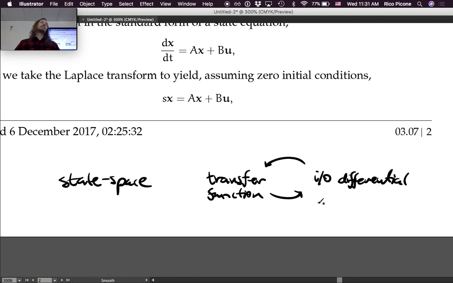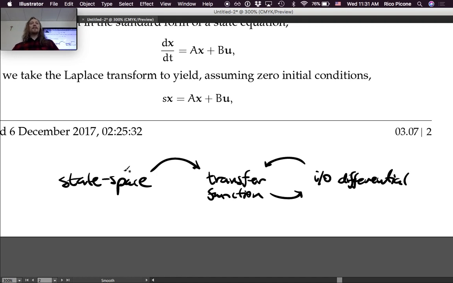Okay, so it's kind of too tedious to go through both directions because it's just kind of annoying. But in an example, we'll probably talk about how to do this. But I think it's fairly obvious from the procedure. So we've learned how to go from this to this or that to that. What we're now going to do is learn how to go from this to this, from state space to transfer function,